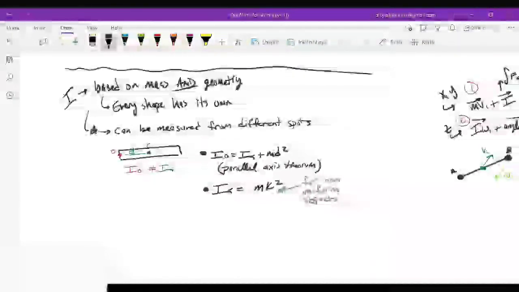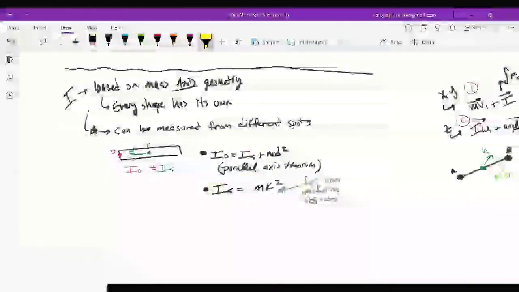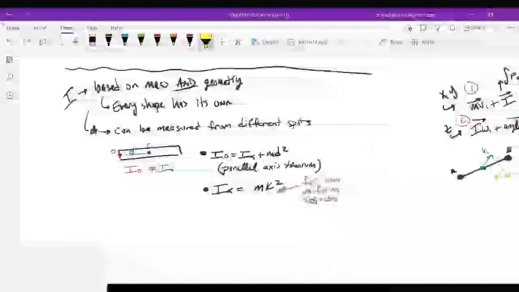And obviously, a lot of time they don't correlate these, but there are problems where a professor can force it to where you use this to find IG and then still do the parallel axis theorem. That's not common. I've never had to do that, but you can make that happen if you want, you know? So that's that. Let's move into